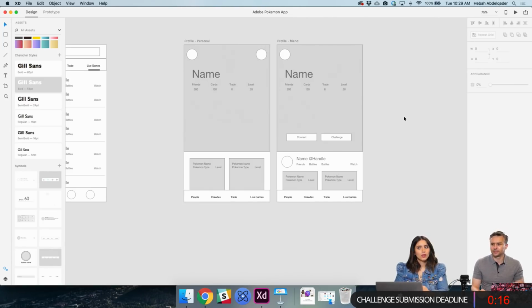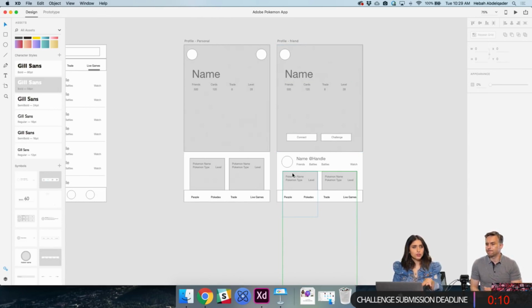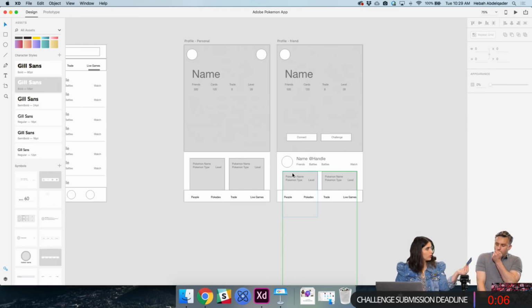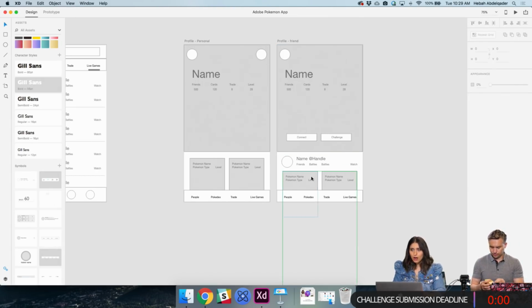I don't know. Yeah, so one thing that I forgot to mention is for each one of these Pokemon pictures, they have their own profile. You know, like we talked about the anatomy of a card, right? Whoops, right there. The anatomy of a card. So what's going to be on that card? We can't prototype it right now, but we will talk about it definitely after the challenge.